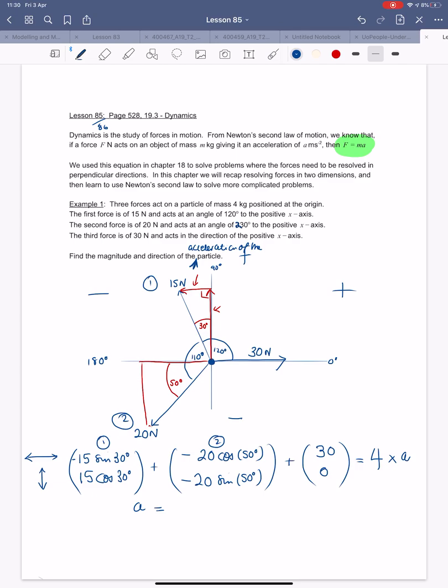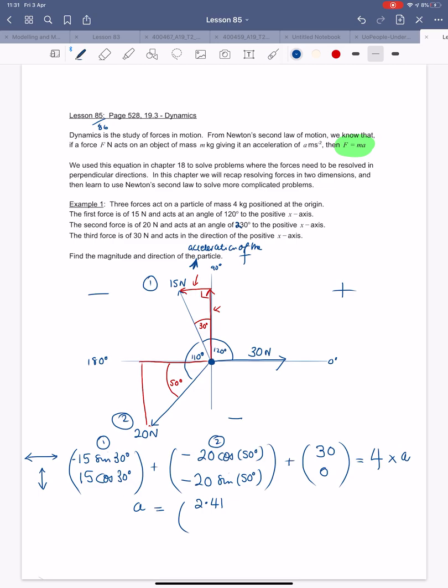X is equal to 30 minus 15. I'll just check that again on the calculator. Minus 15 times sine 30 degrees, minus 20 times cos 50 degrees, and then plus 30. 9.64. And then we've got to divide by 4. 2.41. Yep, so it's 2.41